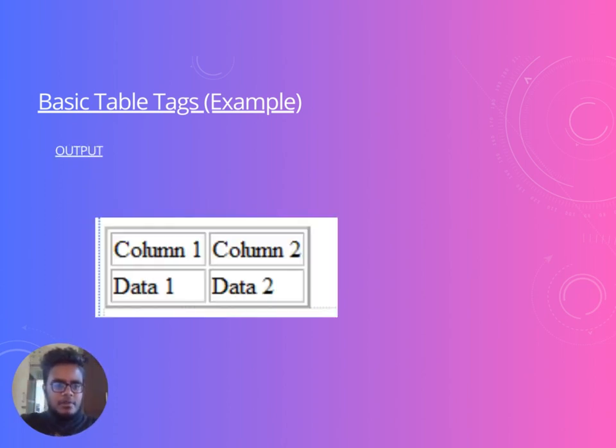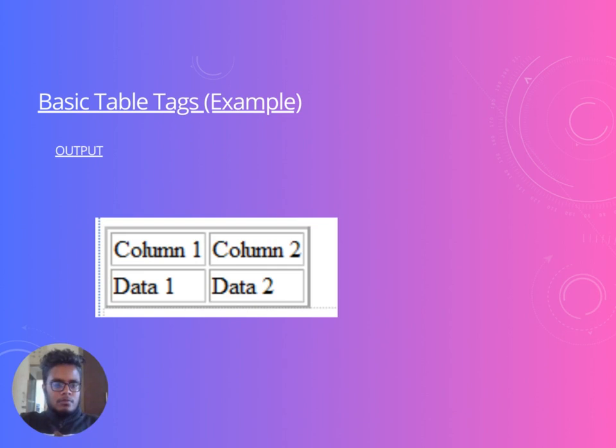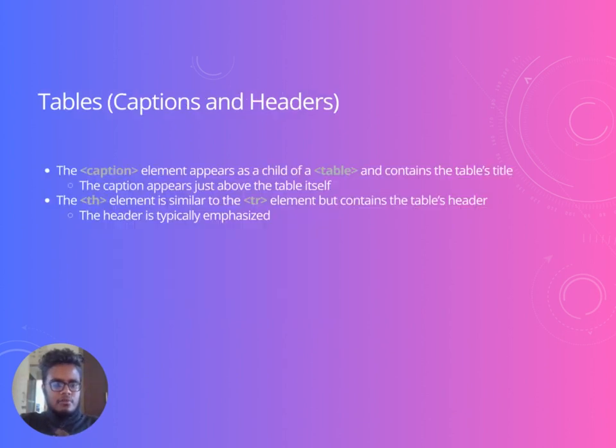Next we will see the output of the program. As you can see, column 1, column 2, data 1 and data 2. Data 1 is present in column 1 and data 2 is present in column 2. So this is the output we get from this code. Then next we can see the